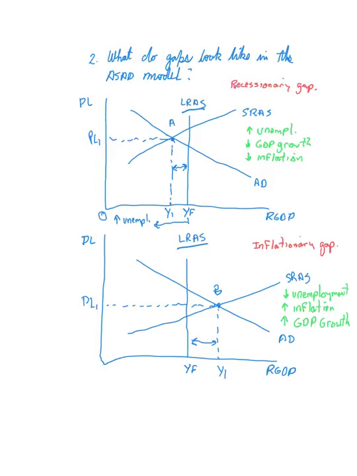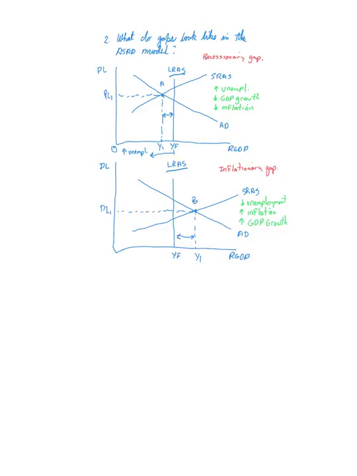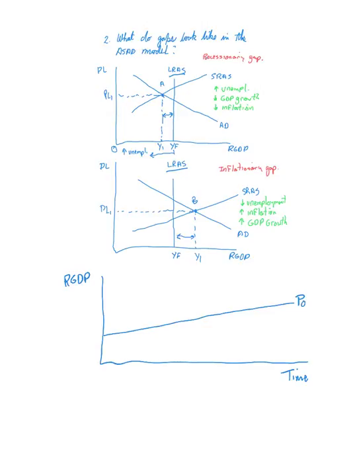Okay, to help us make sense of all this, let me shrink that a little bit, and we're going to go with one more graph. We're going to call this the business cycle. So on the horizontal axis, we've got time. On the vertical axis, we've got real GDP. And our GDP trend line, which is also known as potential GDP,